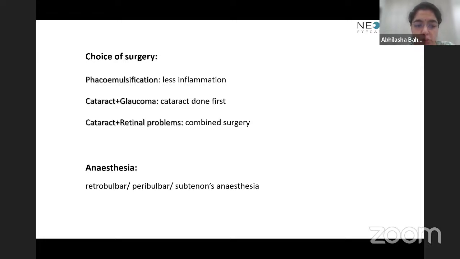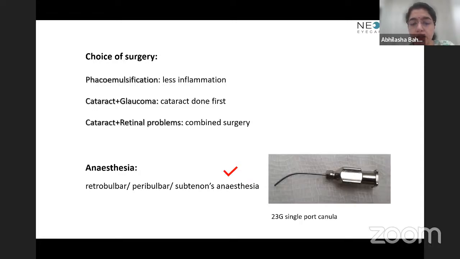Anesthesia is the surgeon's choice. The options are peribulbar and subtenon anesthesia. These cases cannot be operated under topical anesthesia because there is a lot of tissue handling and you might need to handle the iris and dilate the pupil. So topical surgery cannot be done. So subtenon anesthesia is